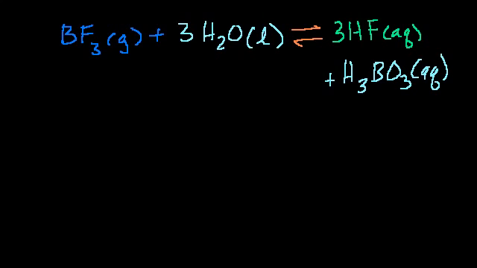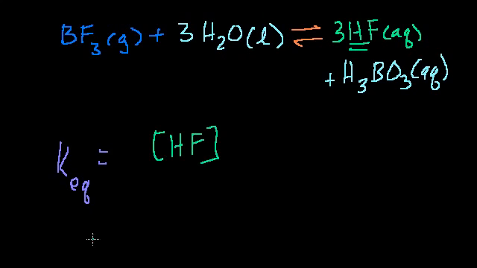So you might be tempted to say, okay, that's easy enough, Sal. You just take the equilibrium constant. You just take the right hand side. That's just the convention. I could have, because there's symmetry here, I could have rewritten it either way. But let's just say you take the right hand side and say, okay, this is dependent on the concentration of the hydrofluoric acid, the concentration of the HF, or the molarity of the HF to the 3rd power, times the concentration of the boric acid,